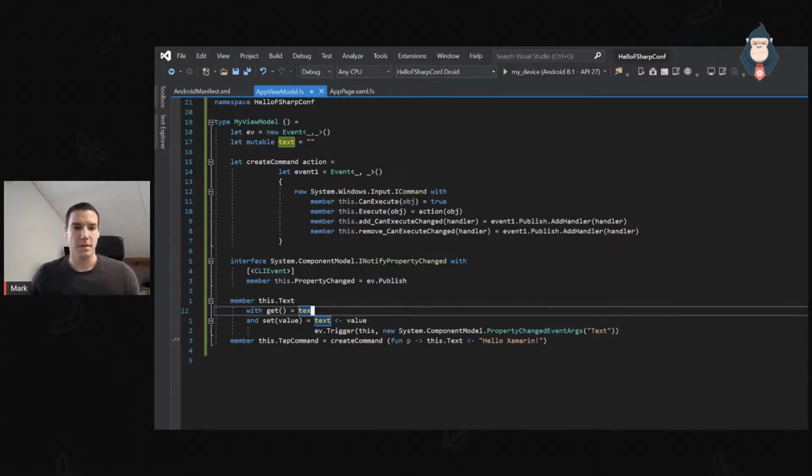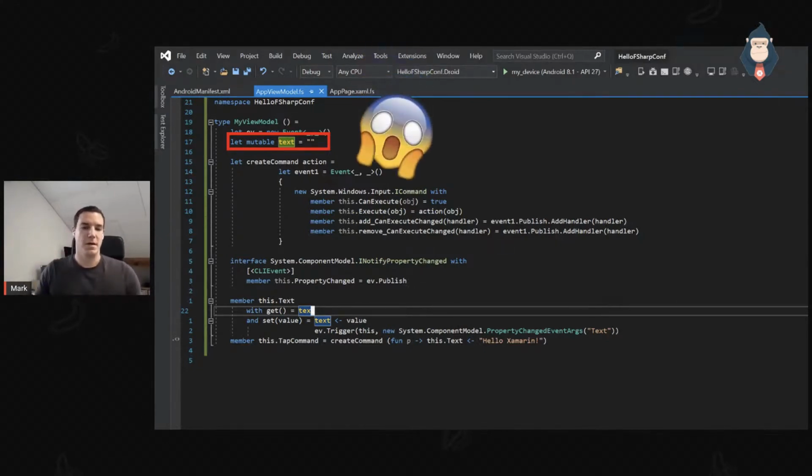Another thing that you can see here is something I pointed out before, which is that the text here is mutable. This means even though F# is immutable by default, we can override it to be more object-oriented. So we can change a variable if we want to, but we have to declare it as a mutable state. Now, some people might go, oh my God, does this mean functional programmers hate this stuff? It's like, no, they don't.